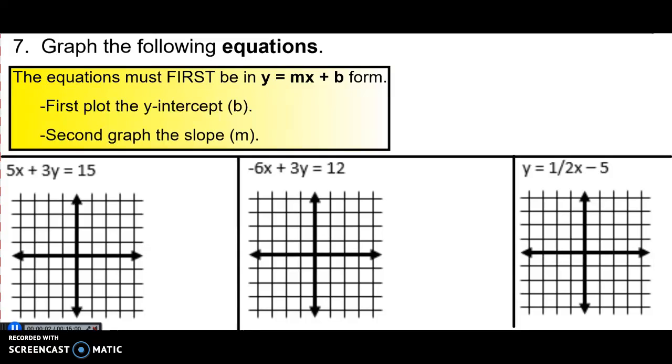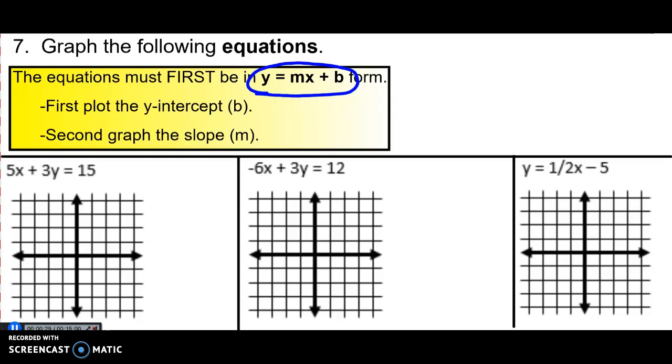This video is going to cover questions 7 and 8 on the Exam 1 review sheet. Alright, so the next 4 slides are going to go over graphing equations and graphing inequalities. And the first thing that we always need to make sure is that our equations are in the form y equals mx plus b. Remember, that's called slope-intercept form, because the m is the slope and the b is the